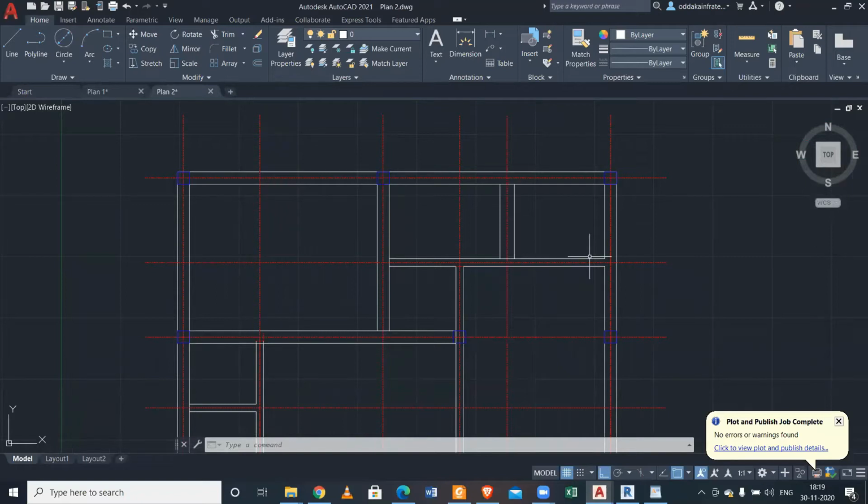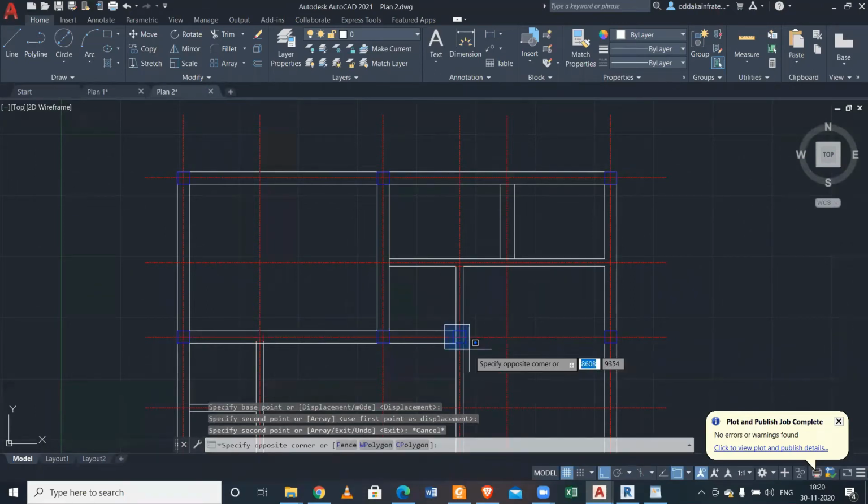The changes we have made: one column we have removed here because there is not much load and there is not much distance also. We don't need to provide a column here, and the top floor will provide a console beam here anyway. So we don't need a column here. It's better that we provide this particular column here instead of here. So there will be 4 columns for this bedroom.